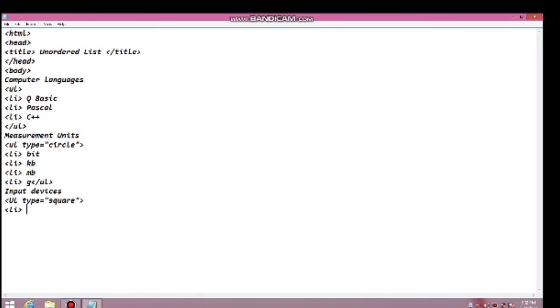Now we give the list items: mouse, keyboard, scanner. Then we close the UL tag, then we close body, and then HTML.